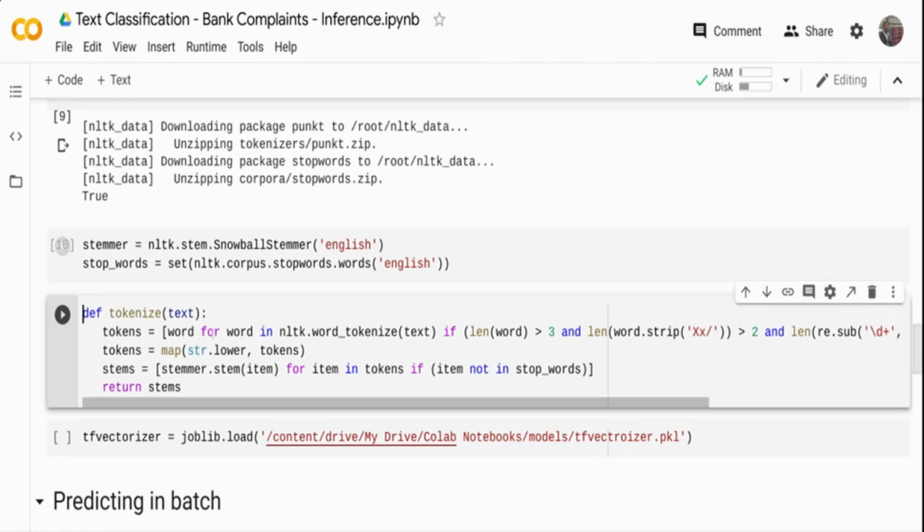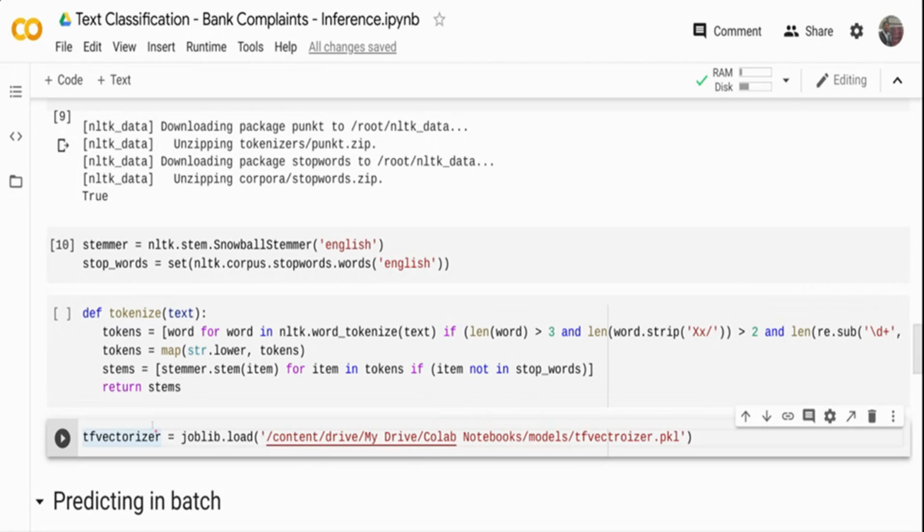And then this is the method I was talking about. When we created a pickle of our TF-IDF vectorizer, we did not use any of the inbuilt tokenization or stopword methods. We customized it so that we can clean the data based on our need. This is the function we used, and it is just copied from the training code. If I don't use this function, let me run this joblib.load of the pickle file directly, right?